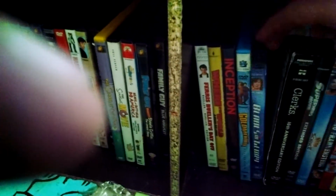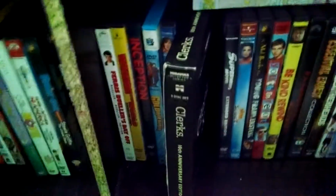And over here, I moved the bucket. We got Ferris Bueller's Day Off, Where in the World's Osama Bin Laden, Inception, Austin Powers, Blades of Glory, Clerks, 10th Anniversary Edition. I had to get this, and the funny thing about getting it was,